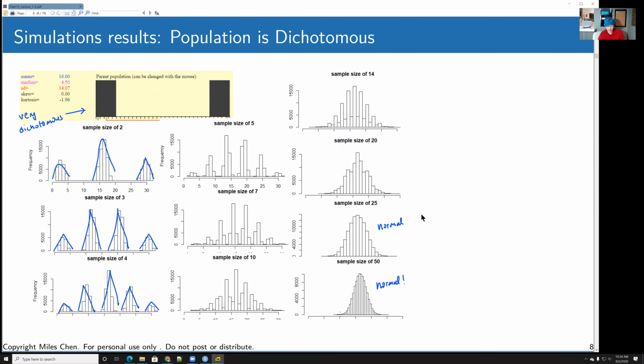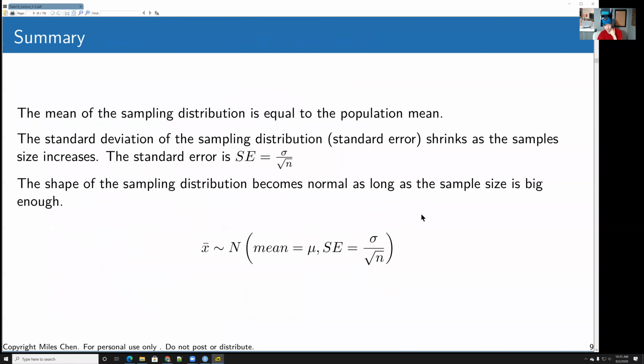All right, so these were all just kind of demonstrations to illustrate basically the central limit theorem when it's applied to a numeric population. All right, and so the summary of this is that when we create a sampling distribution of sample means, if we keep track of all the different sample means that we've created, which approximates our sampling distribution, what we find is